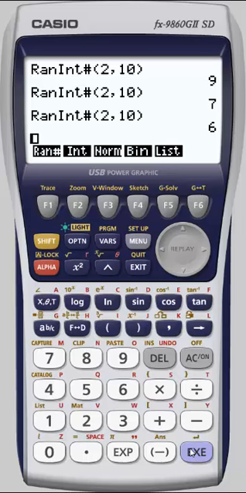If you want to do something like rolling a die or a number cube, you can pick from 1 to 6. In fact, if I go from 1 to 6 and I want to roll it several times, I can even say give me 4 results, for instance. And it will give me a list of values that I rolled. We have random normal and binary values that follow those distributions. And you can even generate a list of these random numbers just by this command right here. So that would be a list of numbers between 0 and 1.